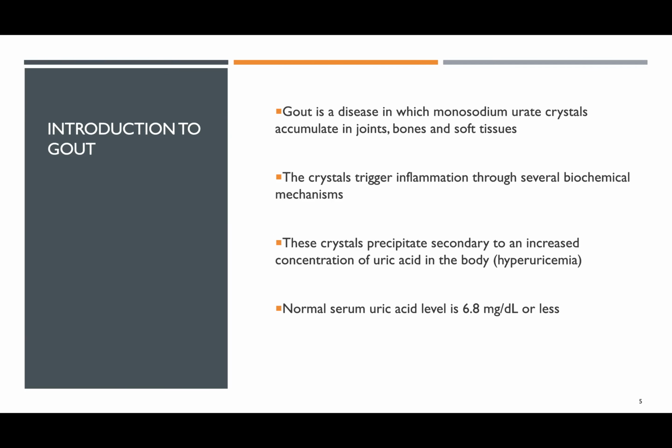I'm speaking to a group of people who took at least a high school or college level chemistry class. We all had to titrate our beakers and whatnot. The crystals accumulate in those areas. They trigger inflammation through several biochemical mechanisms. And that inflammation is what causes the symptoms of gout: redness, swelling, intense pain,